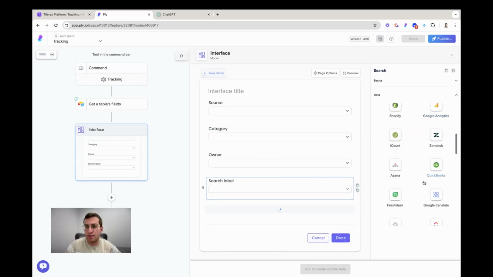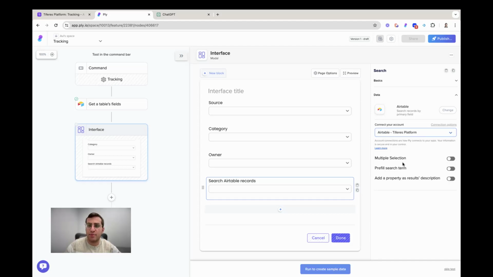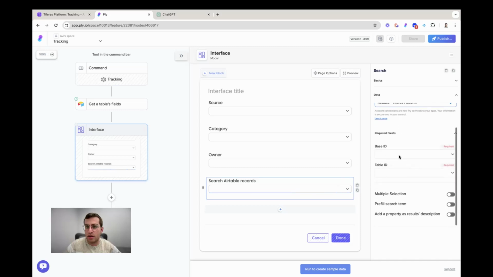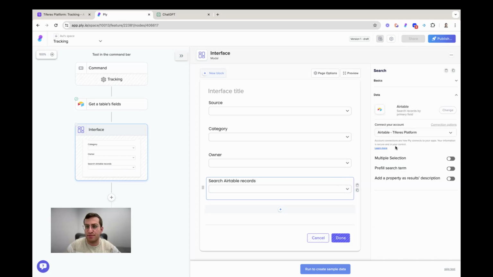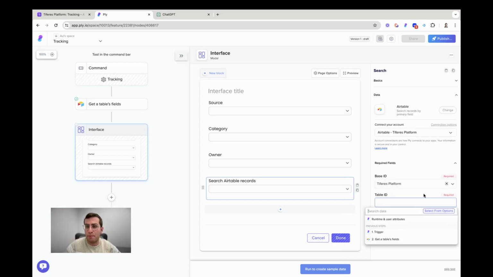So I need to find the appropriate linked record. So I'm going to do a search field. We're going to search for a record. We're going to connect my Airtable. And we are going to select the base. So you have to tell it where to pull data from. We're going to map data when we get to this stage, and we are going to